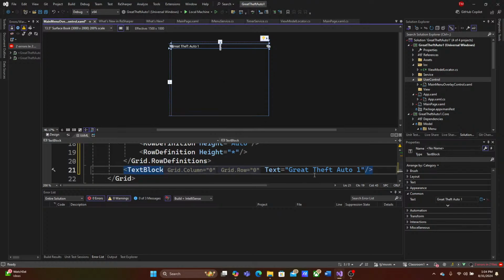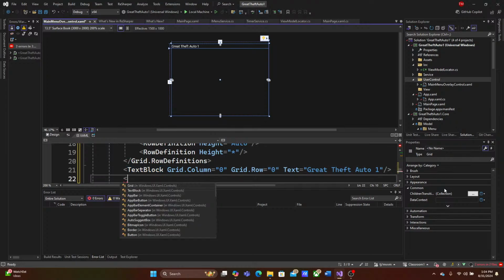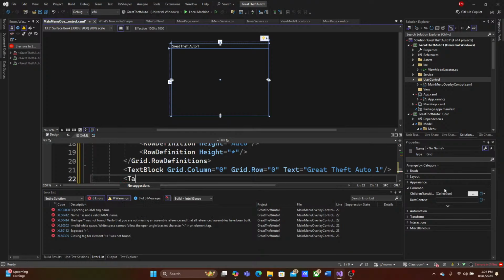So grid column 0, grid row 0. All right, it's not complaining anymore. All right, so we've got our, now I'm going to have a